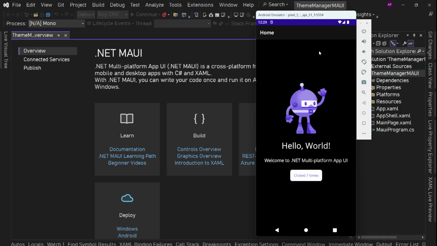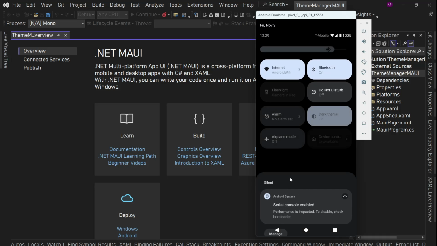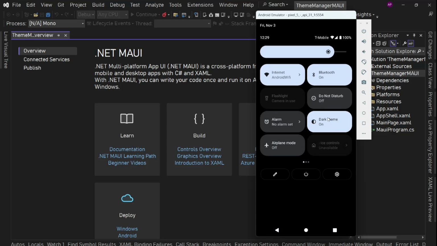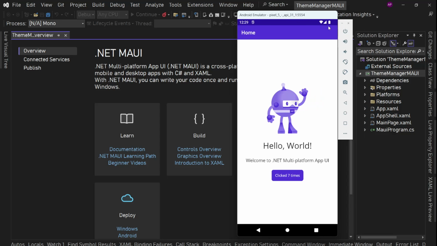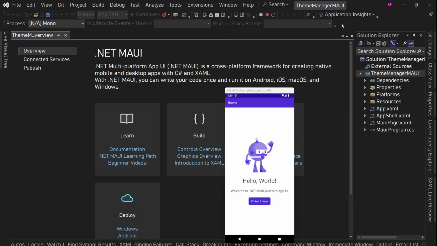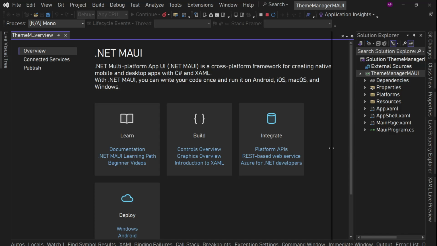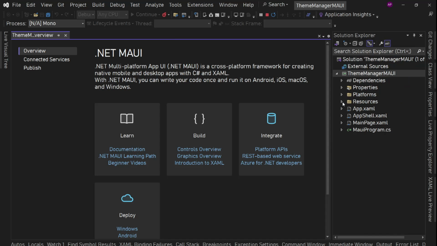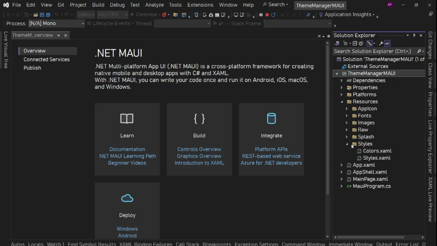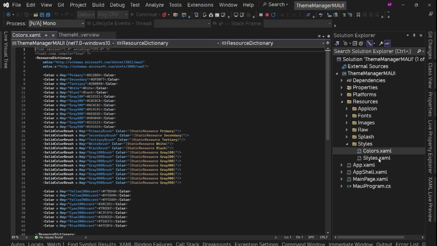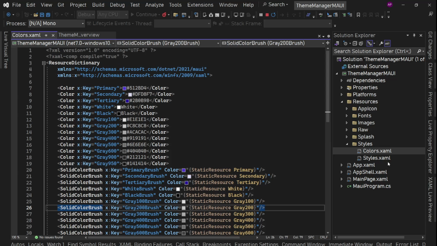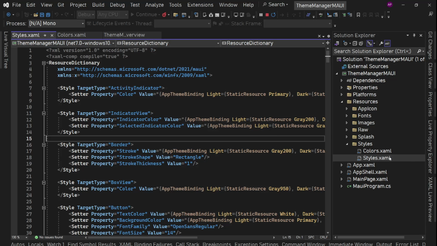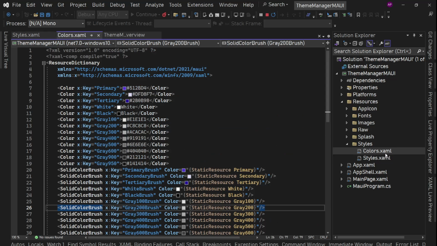So this is inbuilt, we could say, although our code is using this, but in this current video we'll implement our own themes. So first, let's go to the resources styles. Here we have these two things, colors.xml and styles.xml. These are the main styles which are